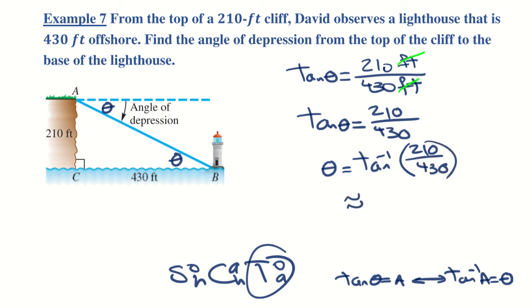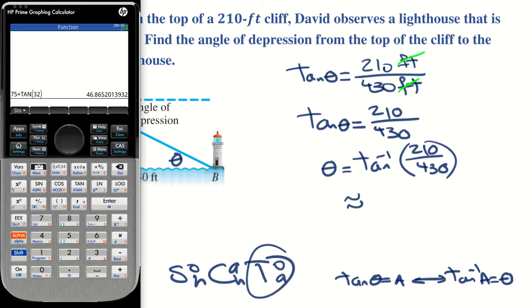So let's go ahead and compute that. So arc tangent of 210 over 430. So we get